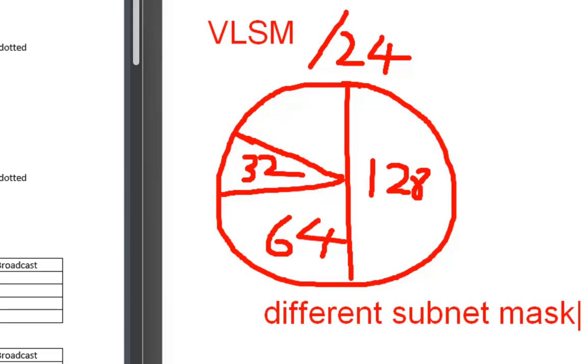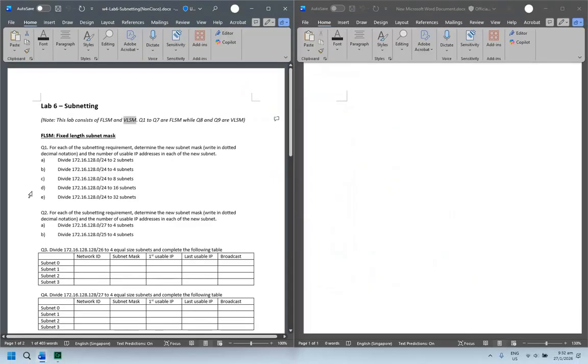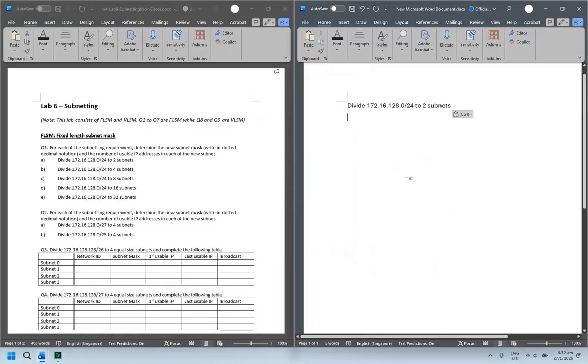So let's start by going through the exercise now, whether it is a fixed length subnet mask or variable length subnet mask. You can see on my left hand side, for each of the subnetting requirements, determine the new subnet mask written in decimal dotted notation, and the number of usable IP addresses in each of the new subnet masks. Let's do the first one first. Copy and paste. I am given this address with the subnet mask,